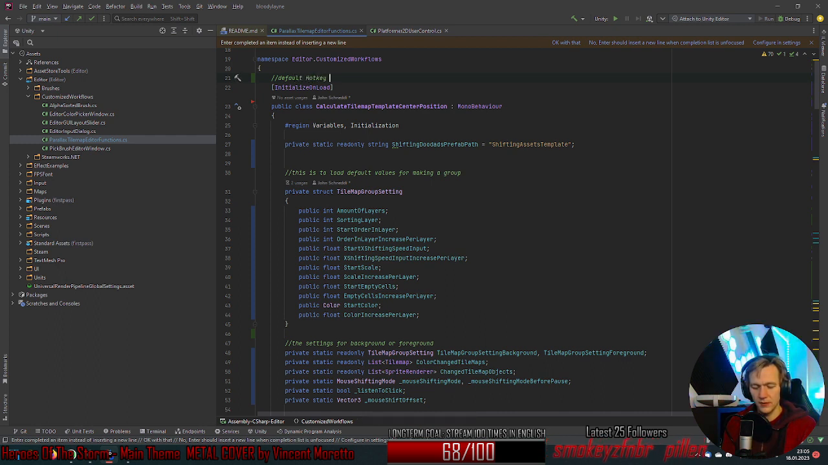Default hotkey for stopping mouse shifting mode is escape, and pause mouse shifting mode is Control plus Shift plus 3. To do: write